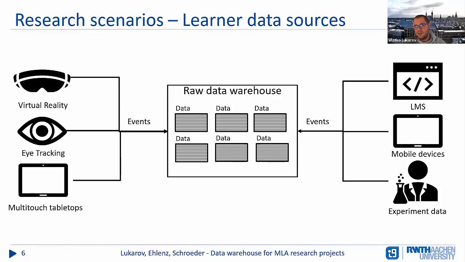On the other hand, we have multi-touch tabletops, and we collect multi-touch events for each individual learner, including a timestamp, a session identifier, or tangibles. We have interaction events that try to picture the success or failure rate of each interaction, the drop area. We have scores and feedback events, which include learning context from multi-touch learning games. We have context game data, so whether there is teamwork, whether there are cooperative events, whether it's a collaborative game or competitive. If we talk about eye tracking, we have